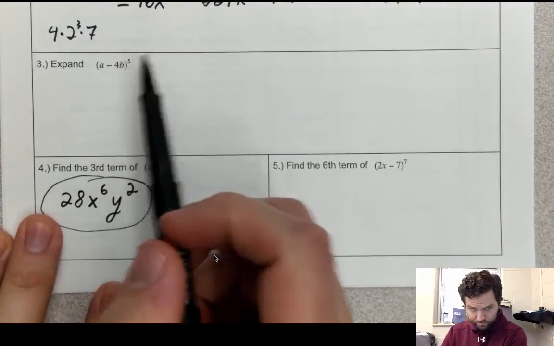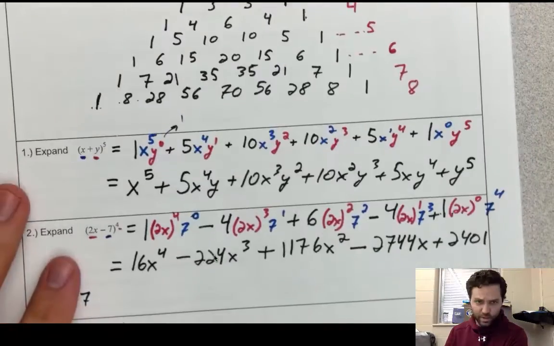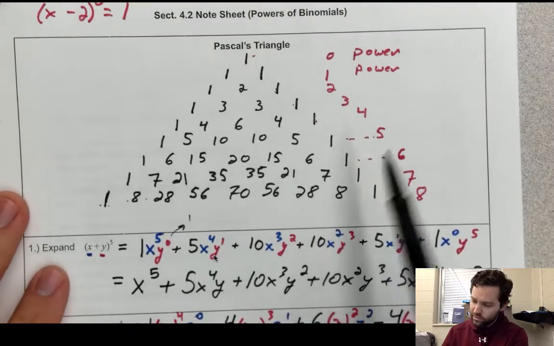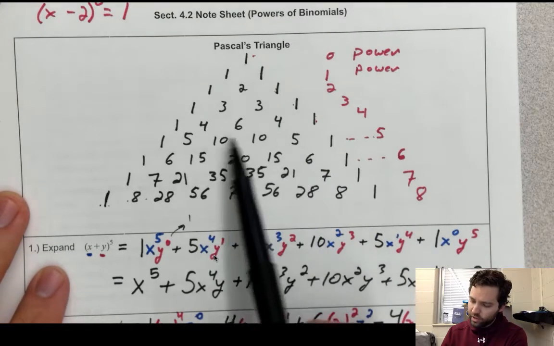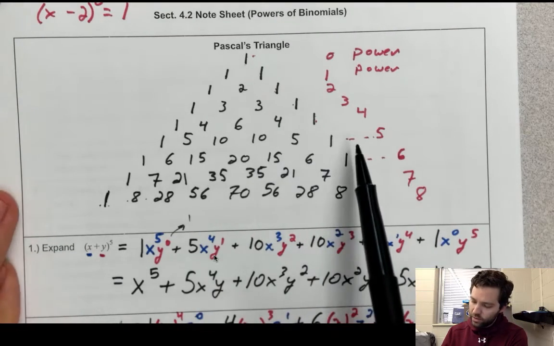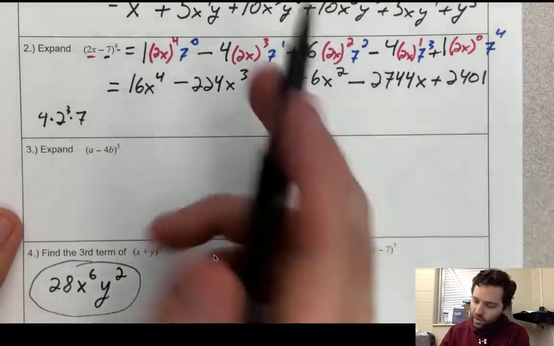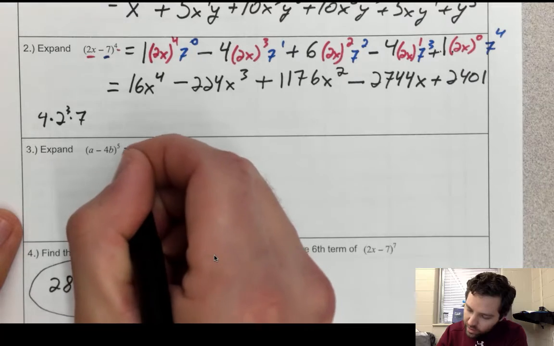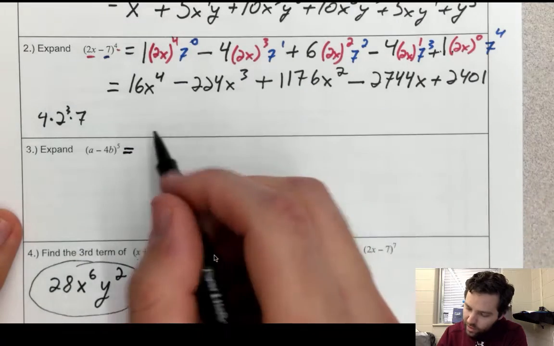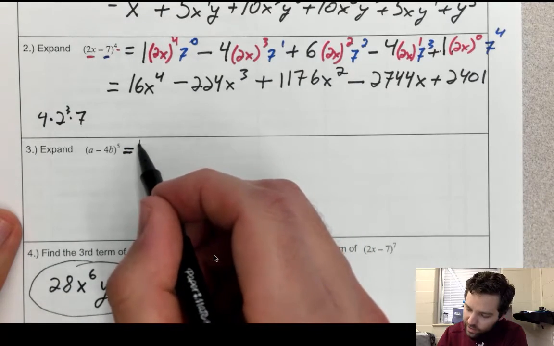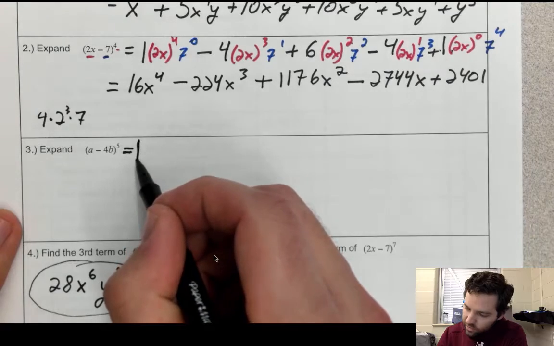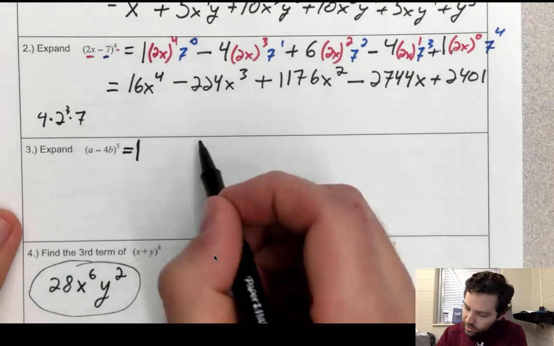This is a fifth power binomial expansion, so we are going to go to the 6th row. That would be this row right here, 1, 5, 10, 10, 5, 1. Okay, I guess we did that number 1, didn't we? All right, so I'm going to write that out. I'm going to be a little bit careful here. I'm going to leave a lot of space, but not too much, because I do have to fit quite a bit in here. So I've got 1, 5,